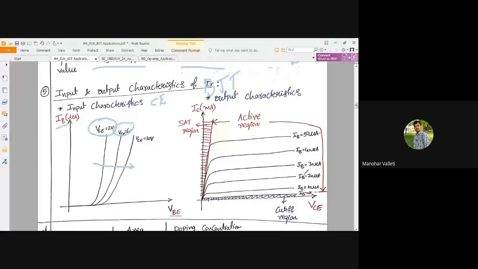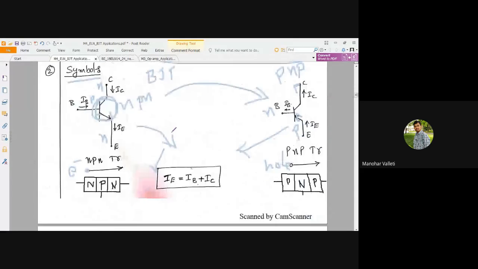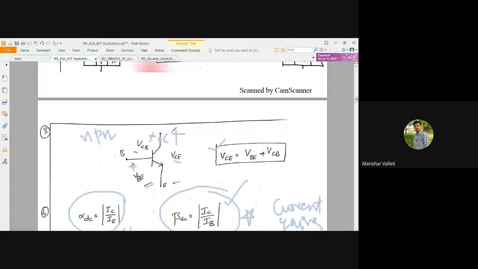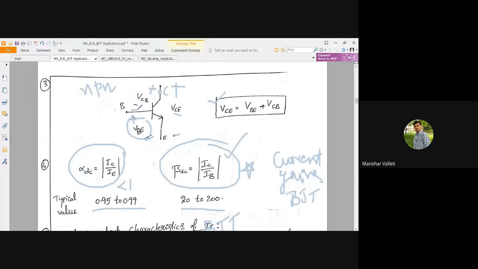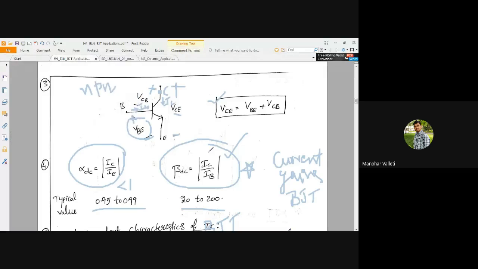And if you see the output characteristics, drawn between VCE versus IC. So please see here. VBE and IB are the input quantities. VCE and IC are the output quantities. So when you are drawing output characteristics,